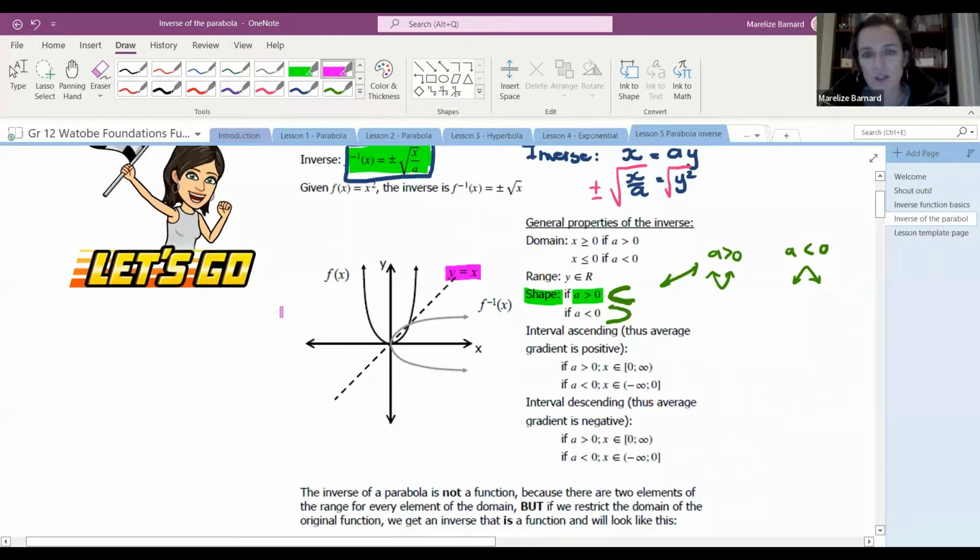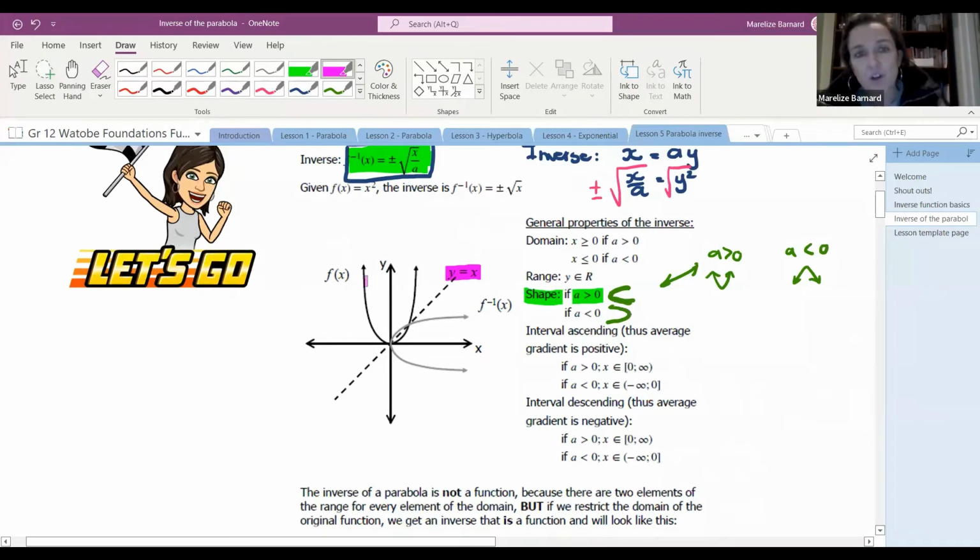It's just a reflection of the graph in that line. So if you ever get really stuck with this and you're not sure, just draw this line in for yourself, y is equal to x, and then think of folding your page along that line and making an